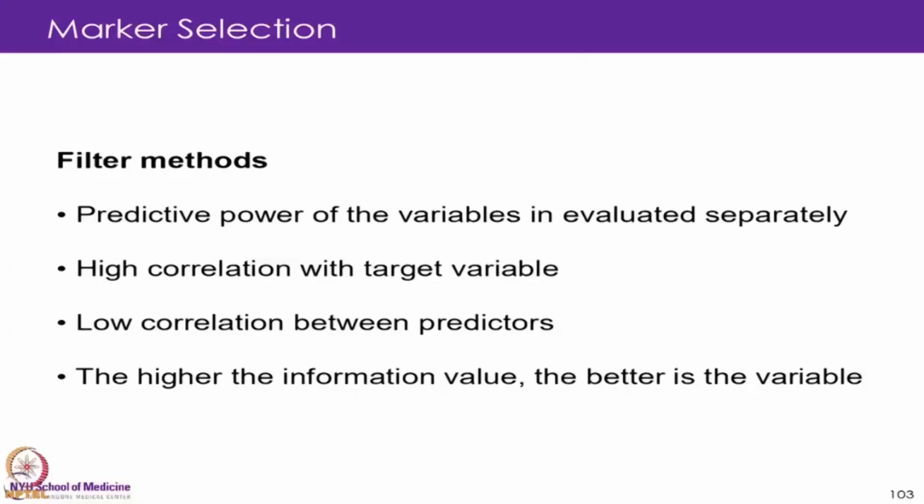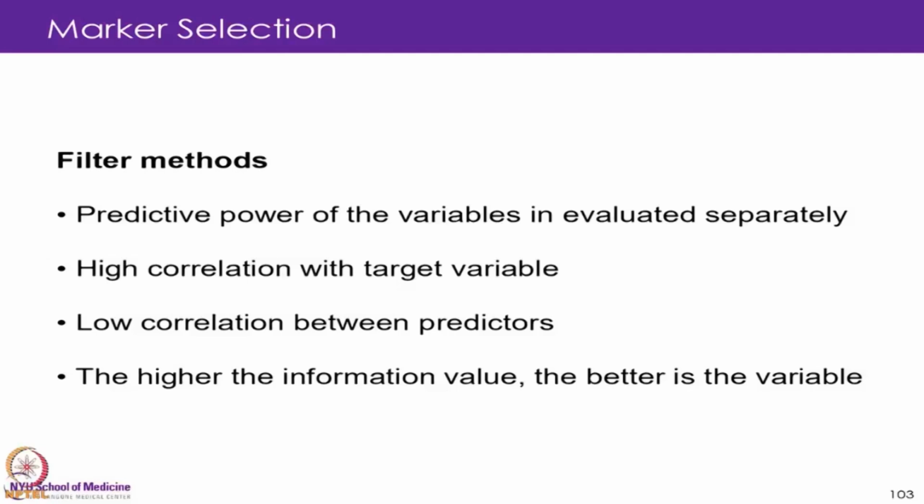So there are a few different ways to do this. One set of methods are called filtering methods. In these we look at the predictive power of each protein, and then we select the ones with the highest predictive power. So we look for which proteins have high correlation with the target variable, let's say tumor